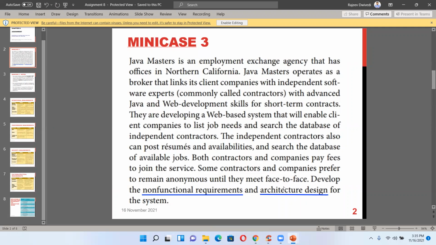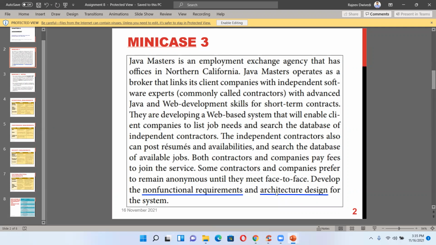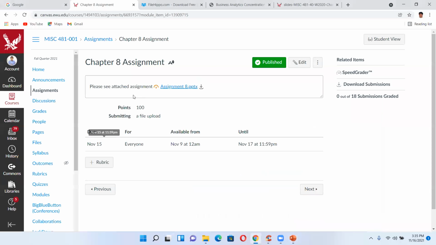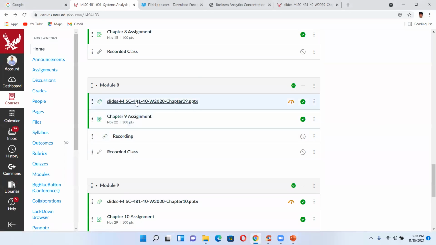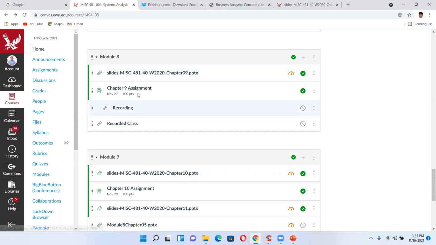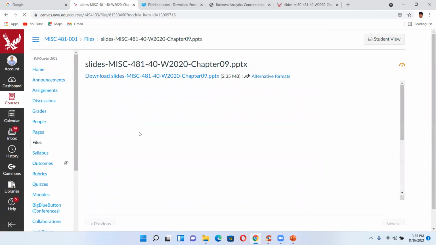So we need an architecture, like for example an ER diagram. So we need that. Okay. Yeah, I totally forgot about that. I just explained everything like security, passwords, and everything, but I didn't put in any ER diagrams for that. So basically architecture design is related to, just a minute, I will open the slides. Yeah, this is the one. It was chapter 8, correct?